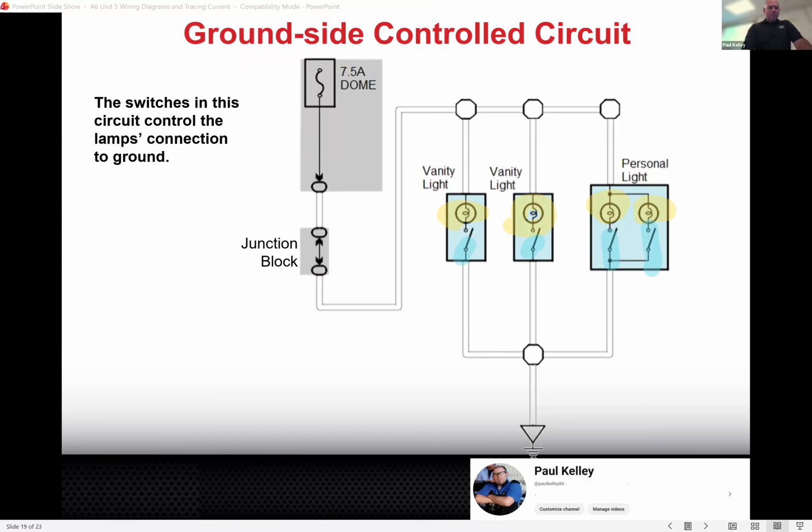So technically on this system, it's kind of weird, but 12 volts comes through the dome light, goes to the junction, goes to here, goes to the vanity light, goes to the other vanity light, goes to the personal light. Those have 12 volts all the time. Why are they not on? There's no ground connection. Bingo, because the switch happens to be located on the ground side and we're not giving